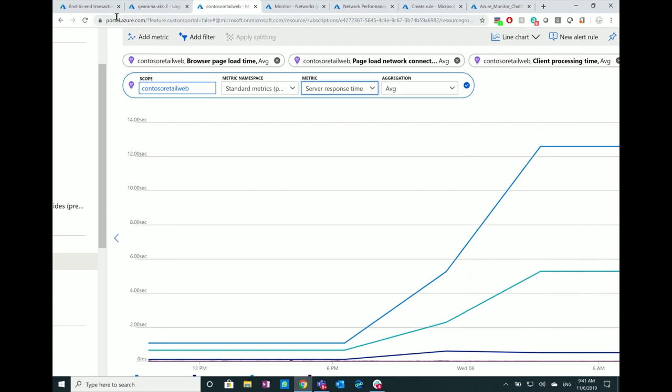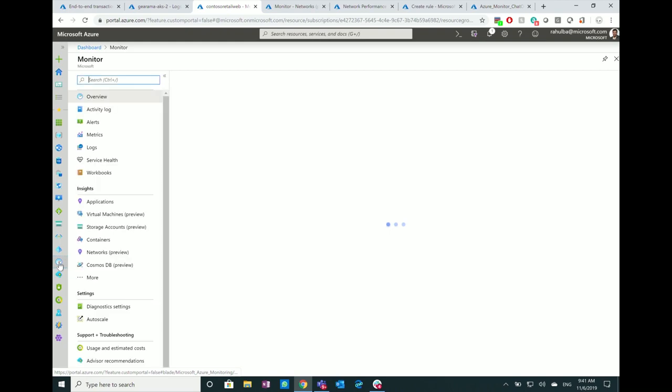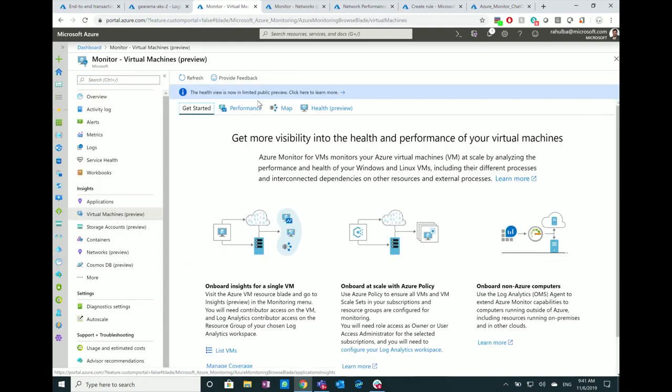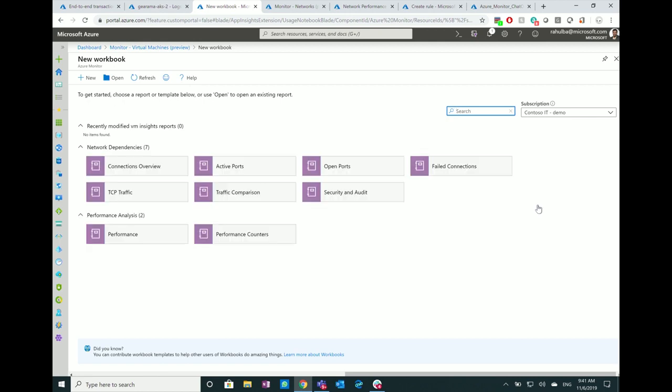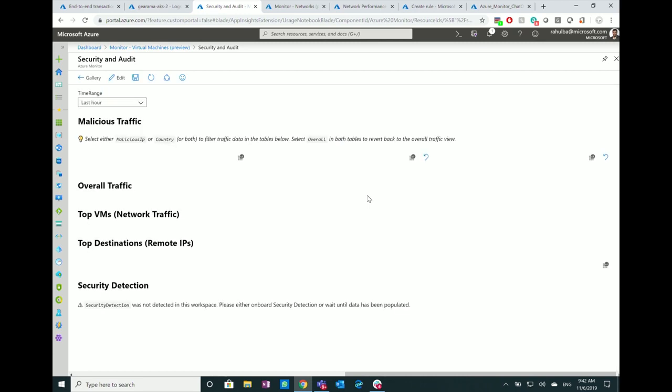Similarly, when these applications might be on VMs, I can go to Azure Monitor and look at some network dependency workbooks. So going back to virtual machine insights that Ketan showed, I'll go to performance. I can look at some of the workbooks running there. Just to show you the full gallery. For network dependencies, we have a bunch of workbooks here, like a connection overview, how your ports are performing, any failures, traffic analysis, even a full security and audit pass on your network connections on